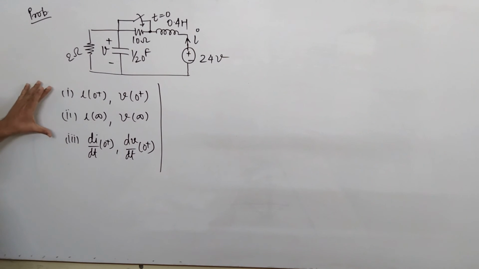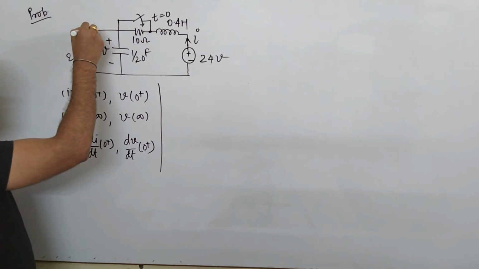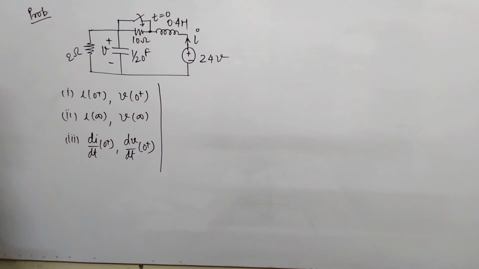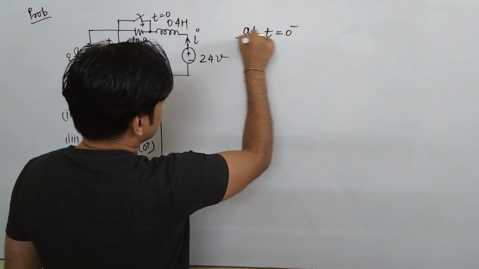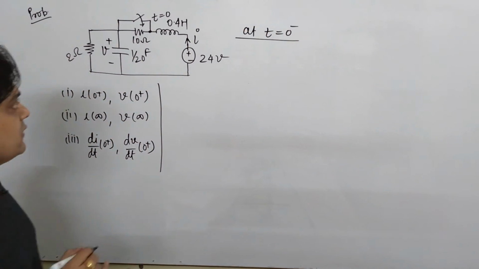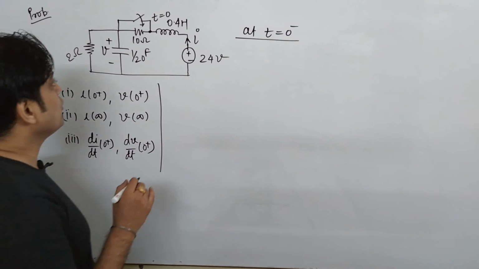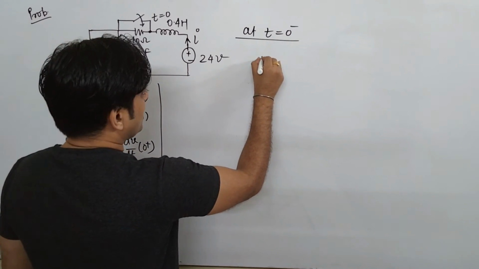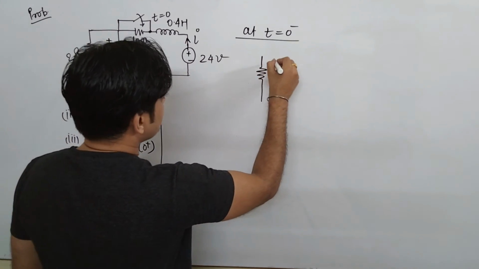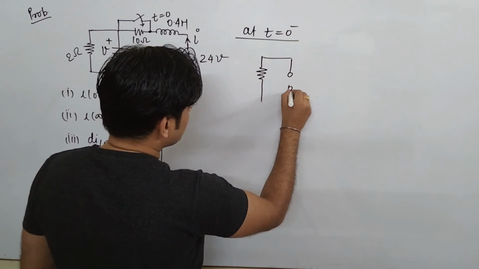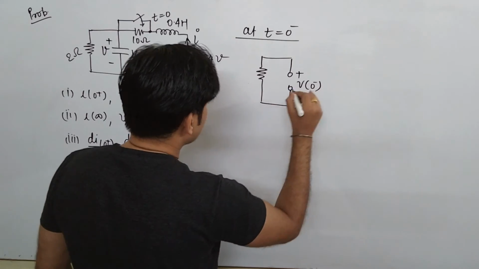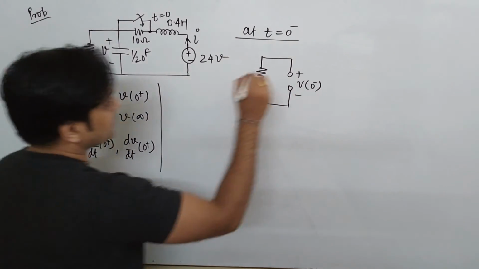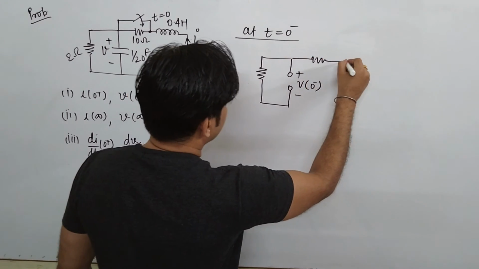Again, as I told you earlier, whenever you find a problem of initial condition, your first task is to identify the initial values of the elements. So considering our flow, you will first find the circuit at t equal to 0 negative. If you see, the switch is open at t equal to 0 negative. Again and again I will not write here, you just have to identify the condition of the switch. In your exam also, to save your time, you do not have to write that condition, just interpret it.